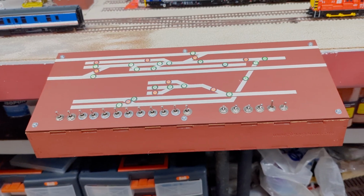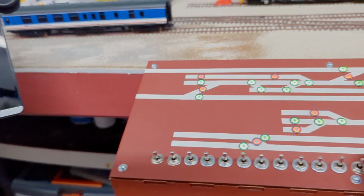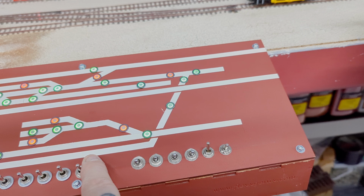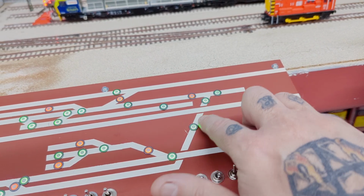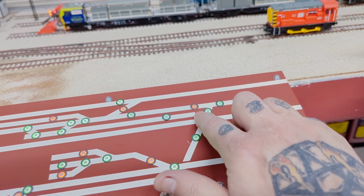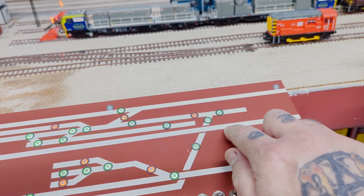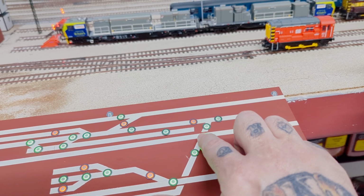So I've built that, got it all working. So all the switches are working. So as you can see at the moment, this route is set to access this underneath. This is the part that goes under the layout. So this is the main line. I've omitted two of the tracks to make it easy to understand, but this is the main line going over